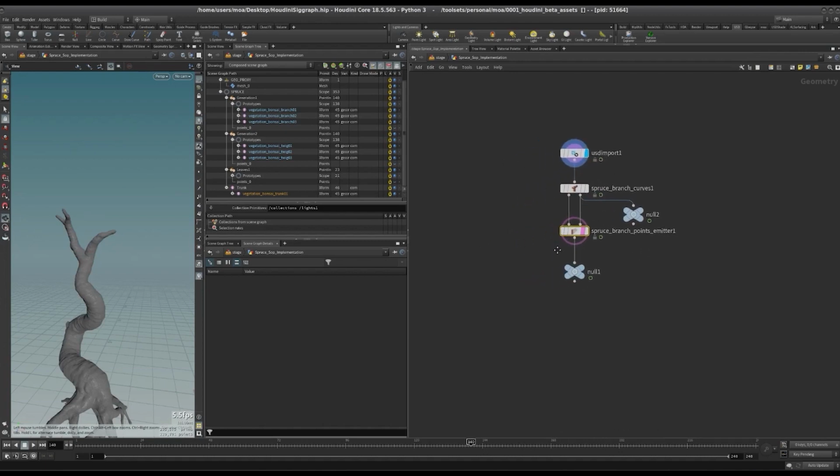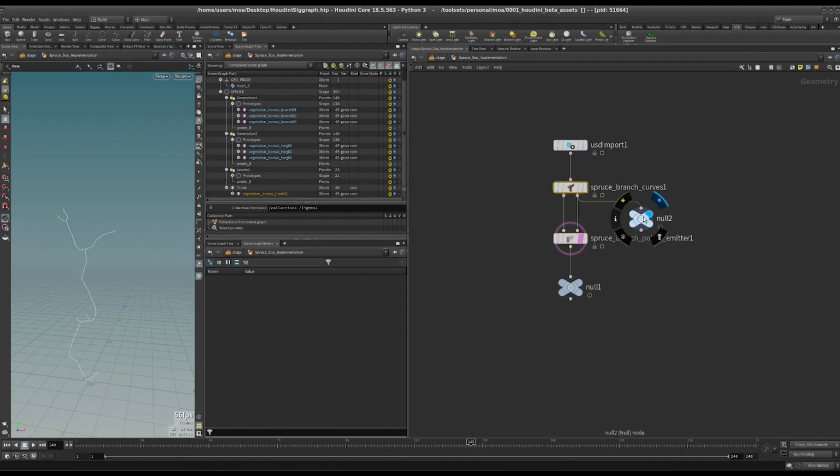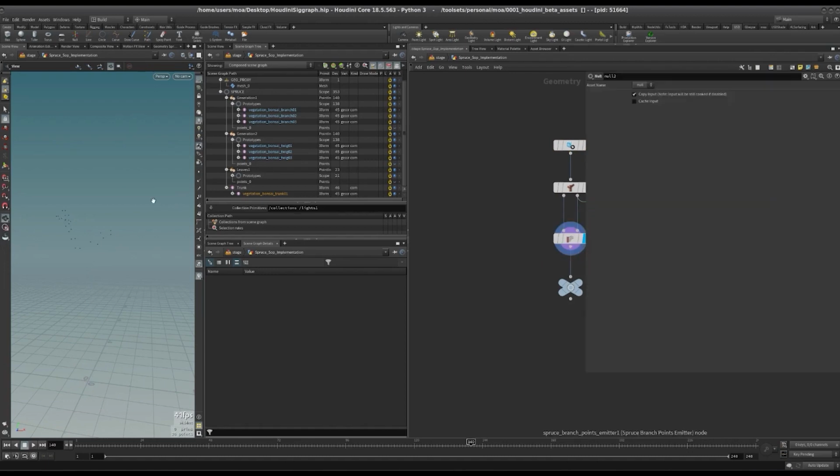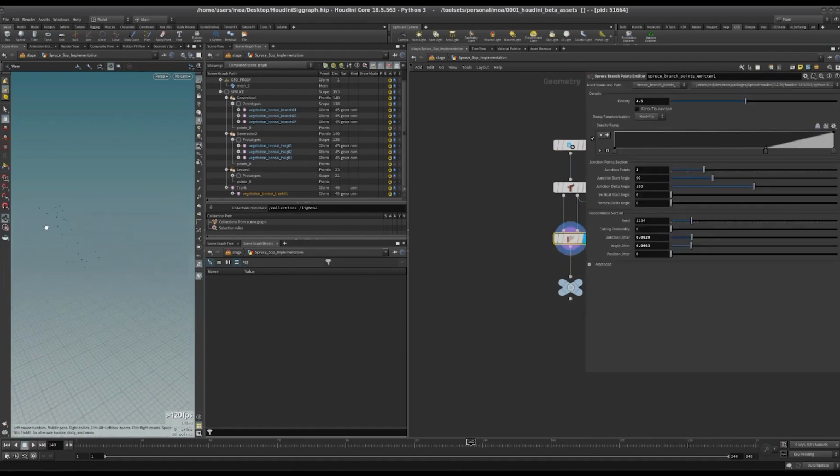Is following some algorithmic behavior. So if you have here the Spruce branch curves, you have the skeleton, whereas we take the geometry, create a skeleton from the geometry, and use the geometry and the skeleton for creating the point distribution. And as you see here, the point distribution looks natural and not uniform, not like other scattering tools. You control every